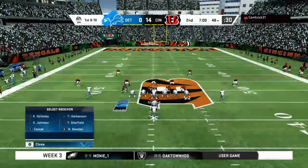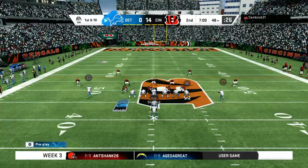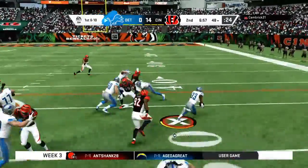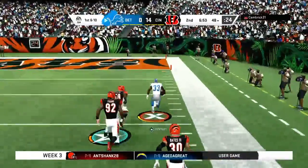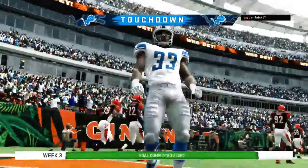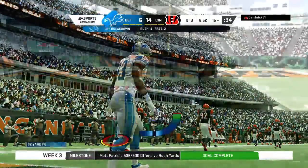All runs on this drive so far. It's 1st and 10. Stafford going to give this one off to Johnson. He's got the first down and more inside the 40. Touchdown, Detroit. Kerryon Johnson with touchdown number 7 on the year, as they are now on the board here in